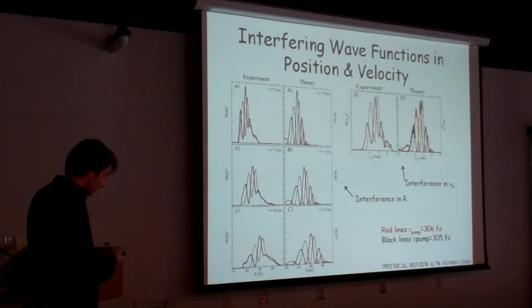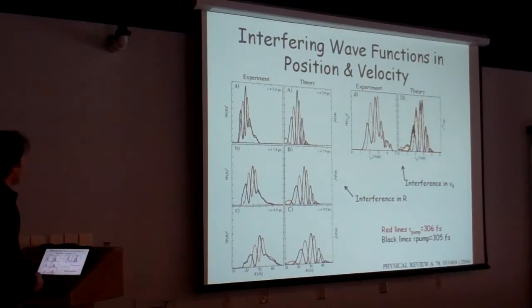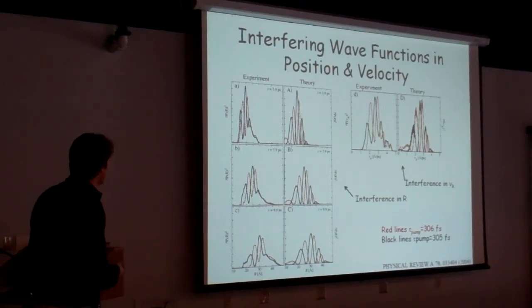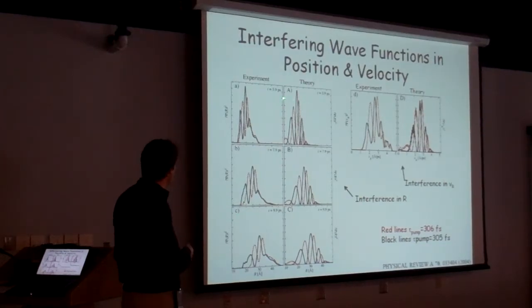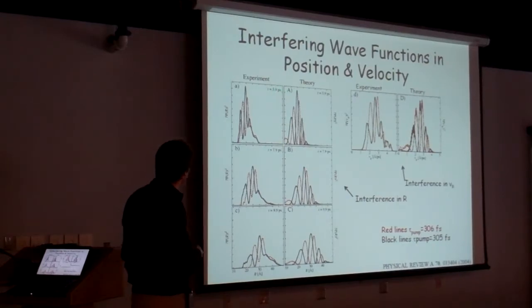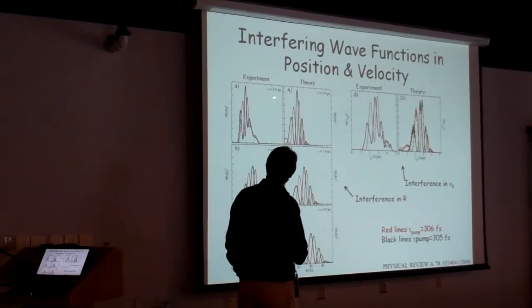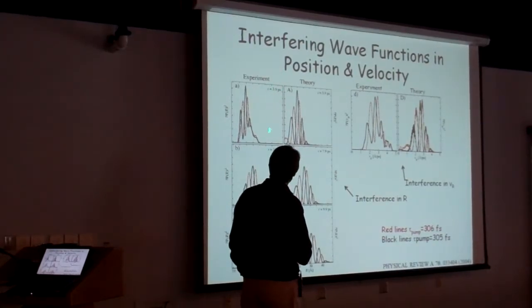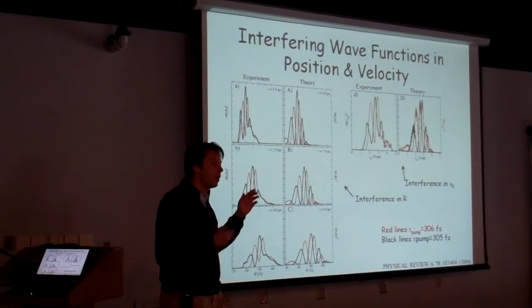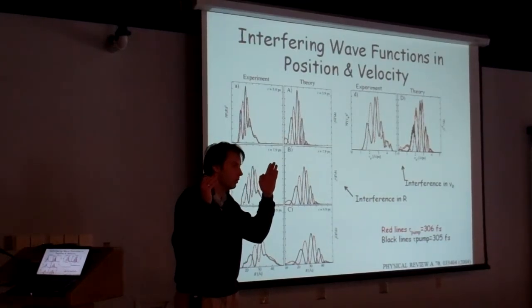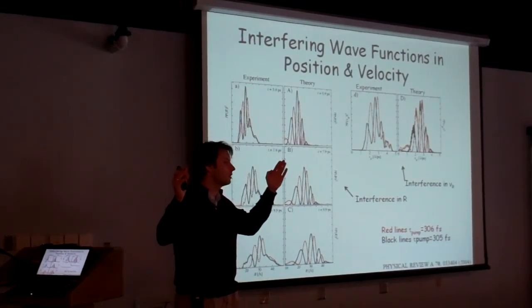So here are the results, and what's really beautiful is that you see interference modulations in both position and velocity. What this is showing is experiment and calculation, for different time delays, which are perhaps not very clear here. This is at 5.9 picoseconds, 7.9 picoseconds, and 9.9 picoseconds. This is the pump-probe delay. So this is probing the wave function at further and further distances from